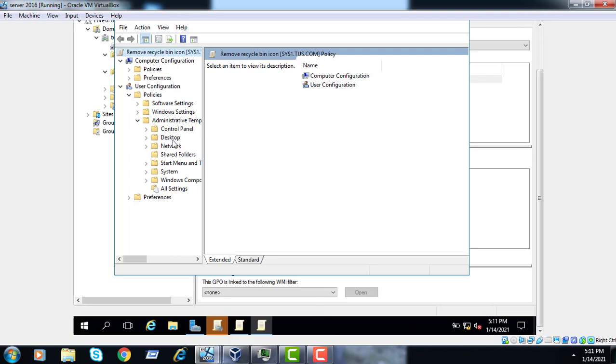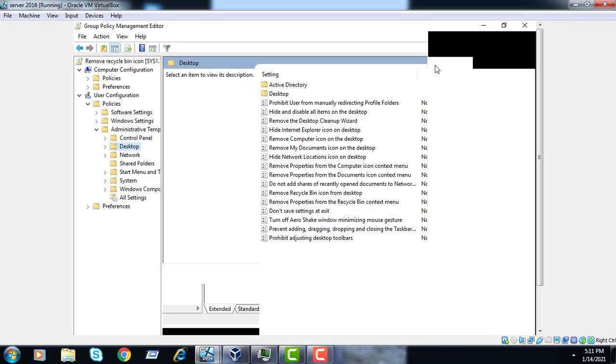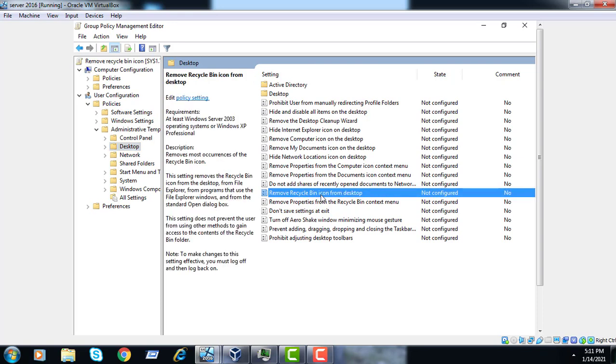Then go to Desktop. Now you can see different kinds of policies here. Remove My Documents is there, but right now we do not have a licensed OS and have not activated Windows, so we can see only the recycle bin icon on the desktop. That's why we are configuring the recycle bin icon.